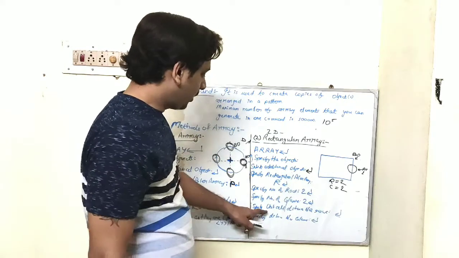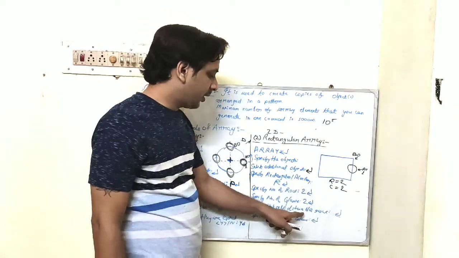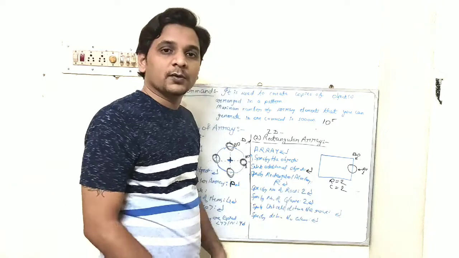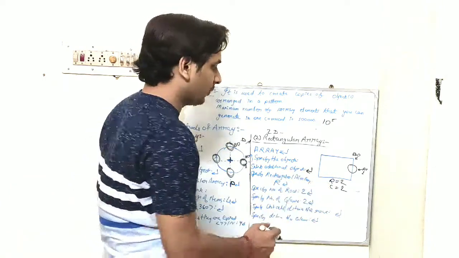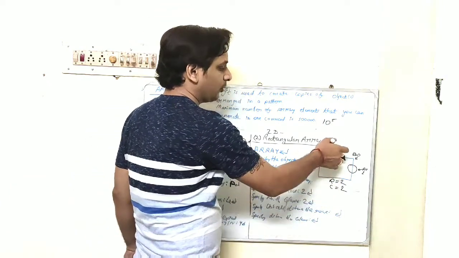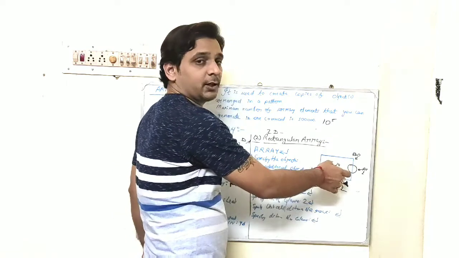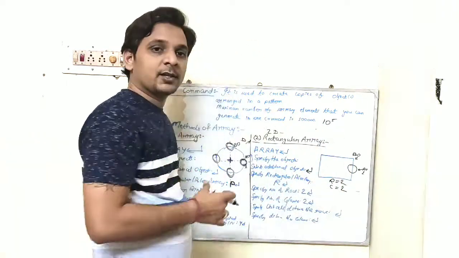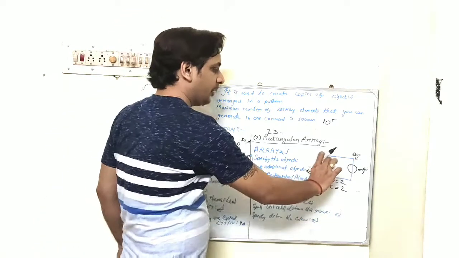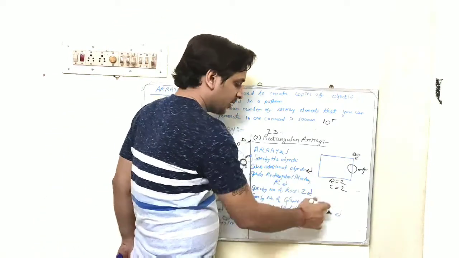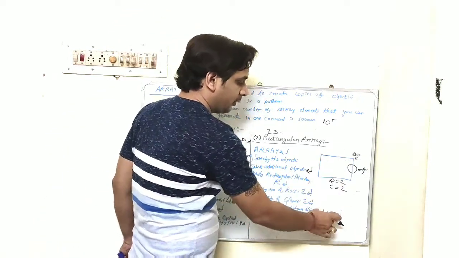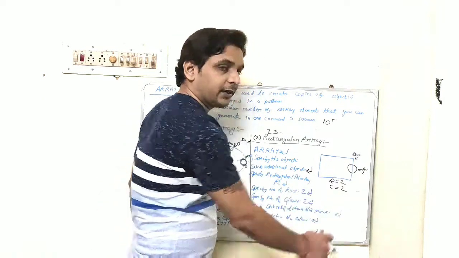Now the computer will ask you to specify the unit cell distance between rows. What is the distance between the rows? This is row number 1, this is row number 2. You already know the distance because you have already constructed the rectangle. So you know the distance between these. So just type the distance between the 2 rows over here and press enter key.